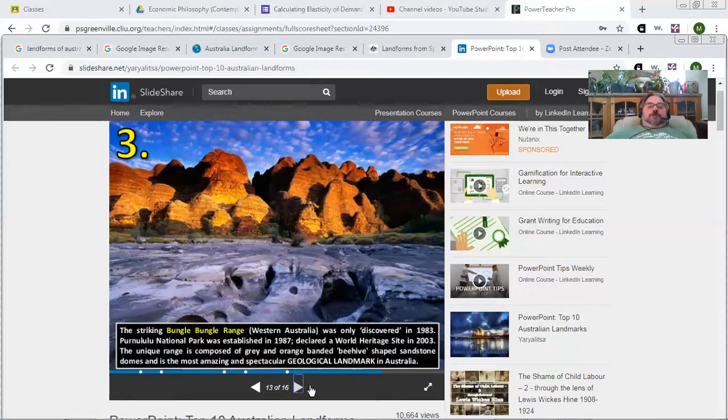Bungle Bungle Range in Western Australia. Remember, Western Australia is pretty much the entire western half of the continent. And they say it was discovered here in 1983, and they put discovered in quotes because obviously the Aborigines living in Australia have known about this range for centuries, but the Australian government did not pay much attention to it until the last 50 years or so. So Purnululu National Park was established in 1987,